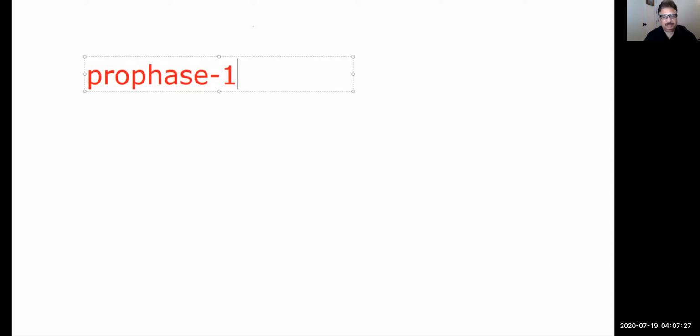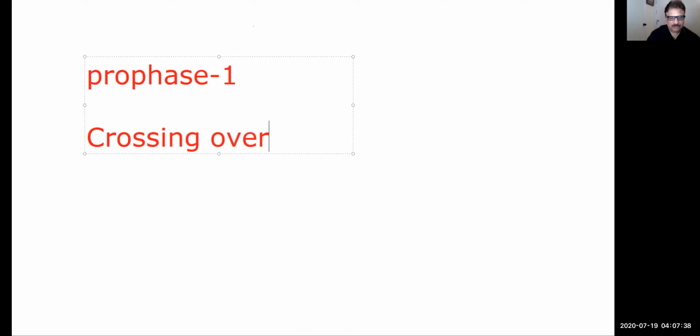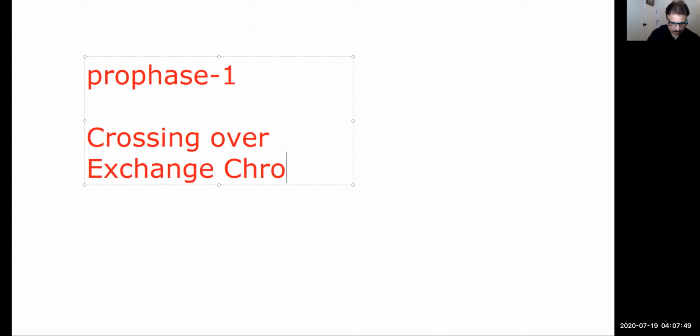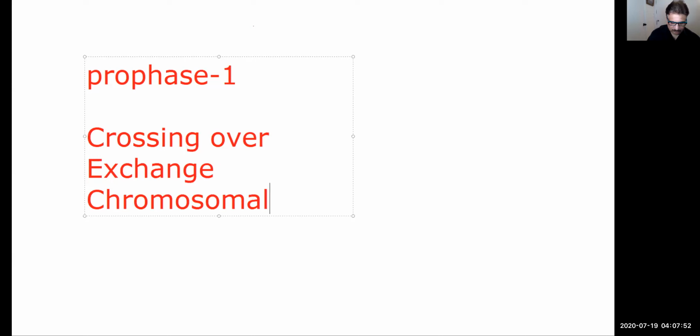Although the parents are the same, and the parent chromosome numbers are the same, the kids differ because of a process called crossing over, which occurs in prophase 1 and is responsible for the exchange of chromosomal parts,